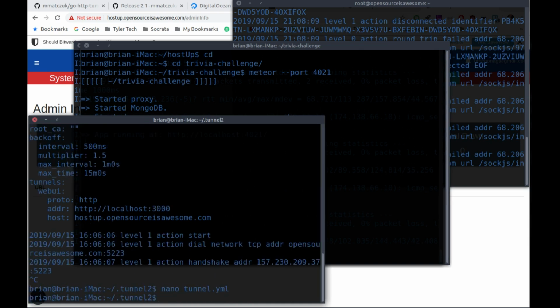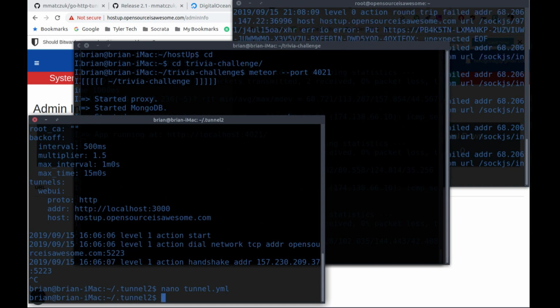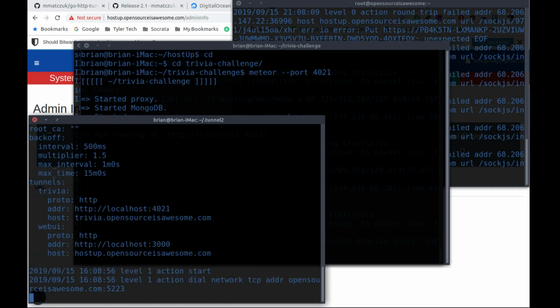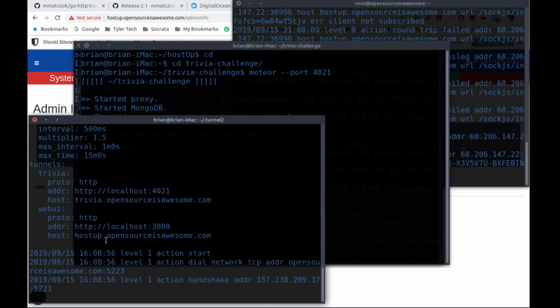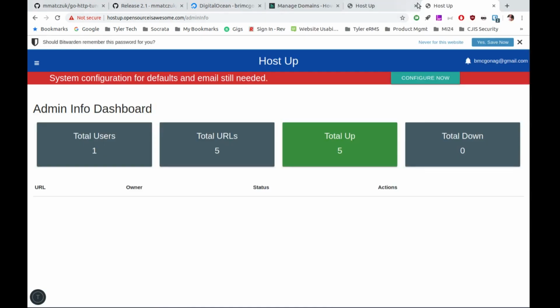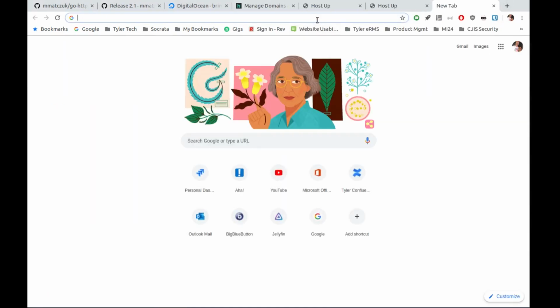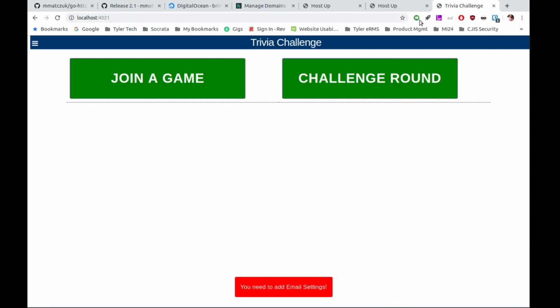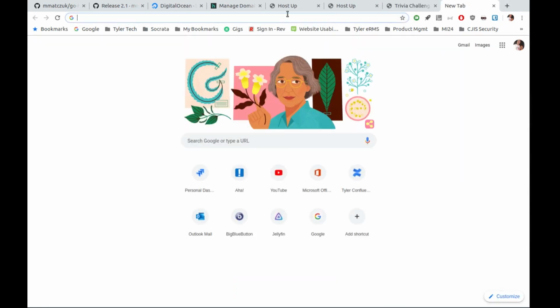Now because I have two sites in there that I want to be pointing back to my home network, I can just do this command again with start all, and it's going to start both of them. So you can see here localhost 4021 and localhost 3000 both start up, and they each have their own URLs that I'll point to. So we'll just jump in and see if those are running like we expect. So first just localhost 4021,